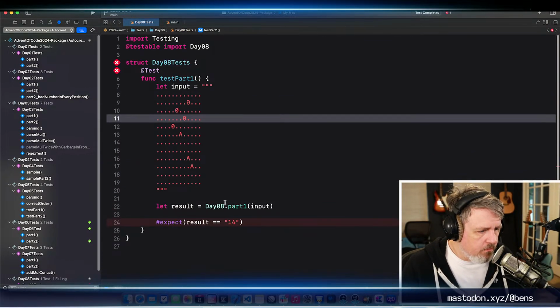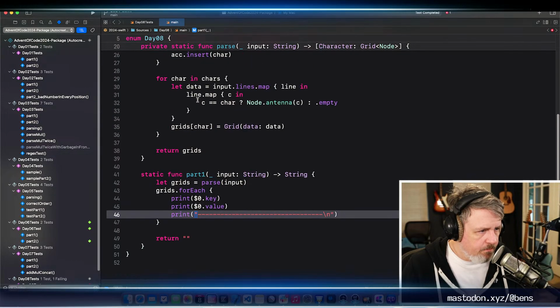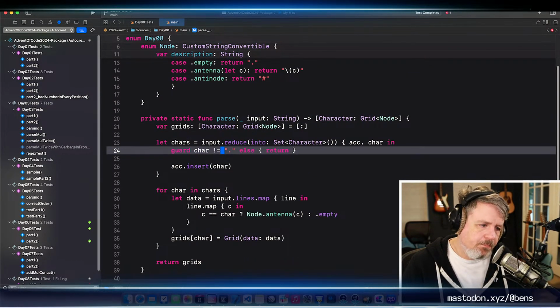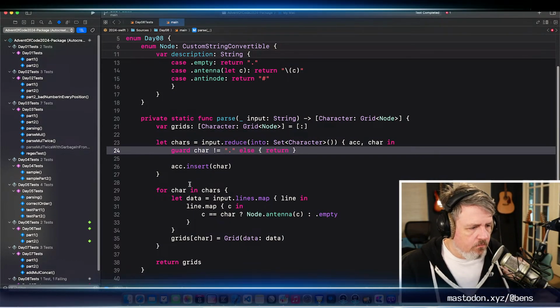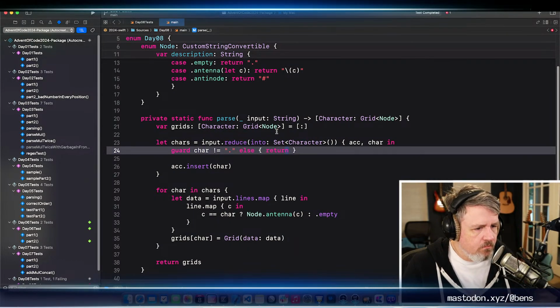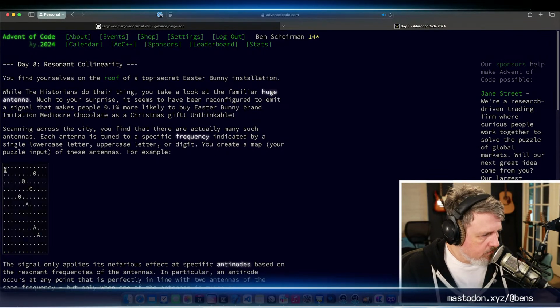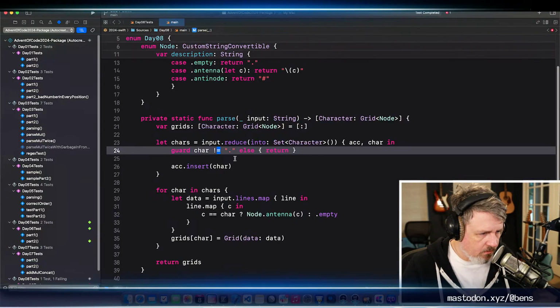Distinct characters needs to exclude the empty one. I can't tell if that was a dot.